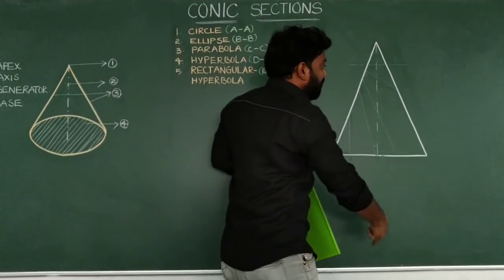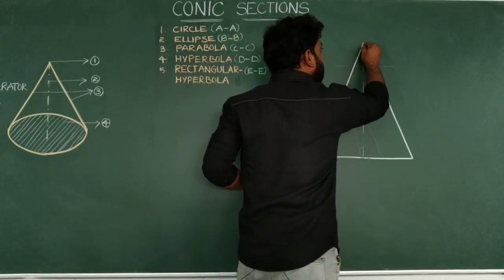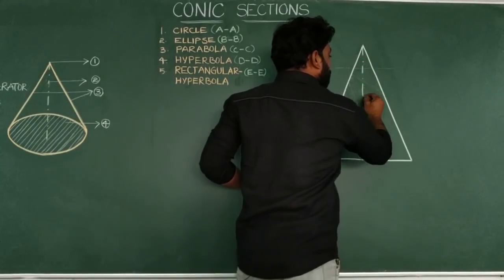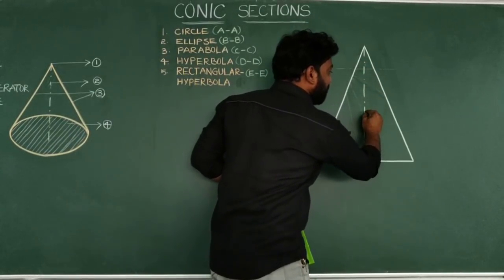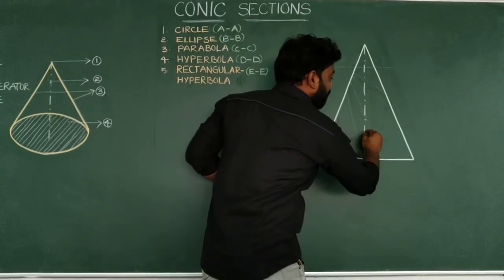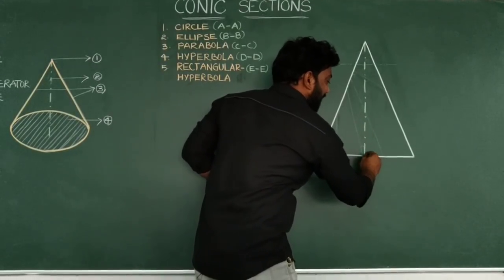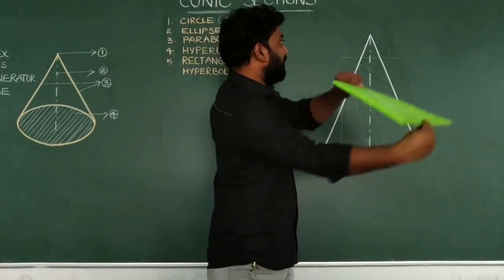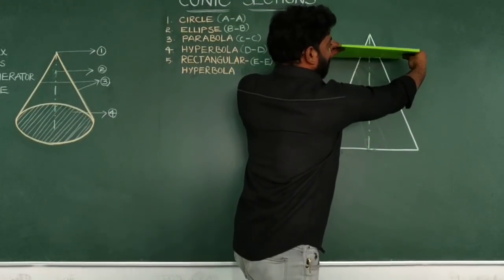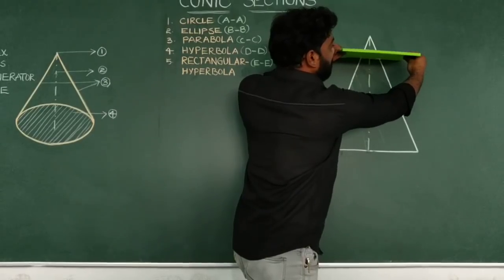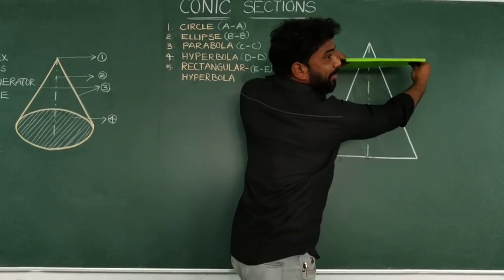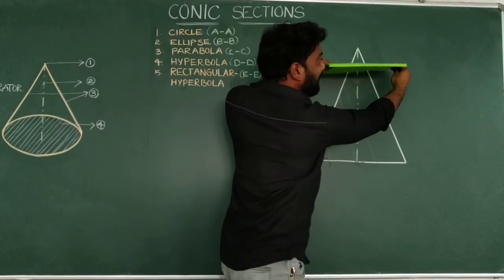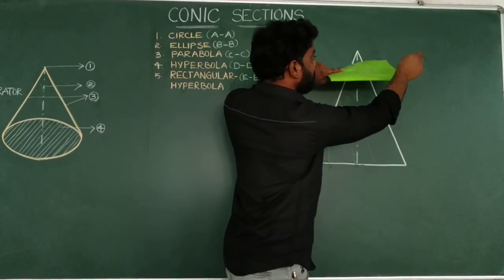and perpendicular to the axis. This is the axis of the cone. We are going to cut the object related to the axis and base of the cone. So I am taking the cutting plane, and then I can cut the object in this way. If we observe this cutting plane position, it is perpendicular to the axis and to the base, and it cuts all the generators.